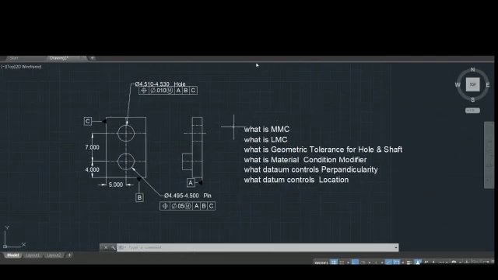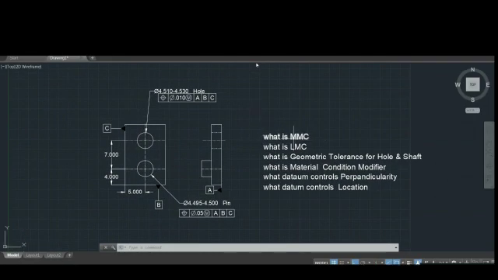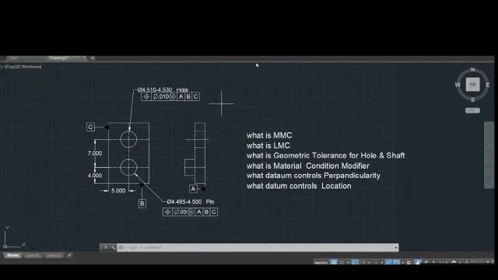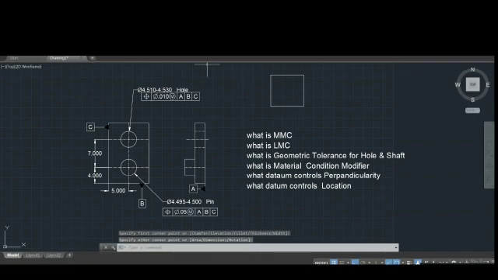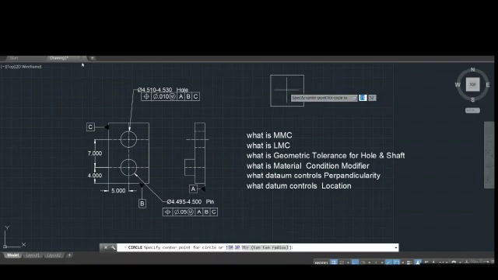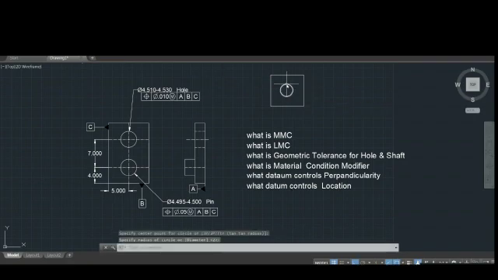Let's try to answer those questions. The first question is, what is MMC? MMC means maximum material condition. We need to write the answer for hole as well as pin. Let's answer it for a hole. Before going into that, let's understand what MMC means for a hole. I will create a reference figure.